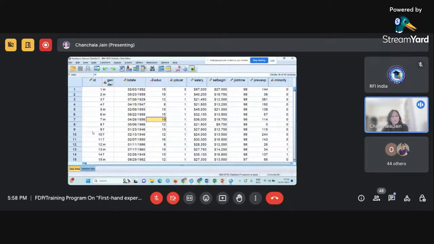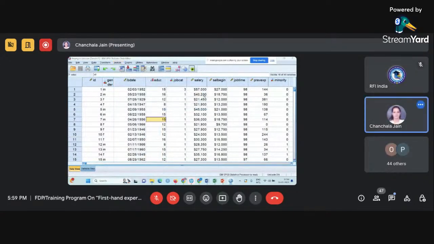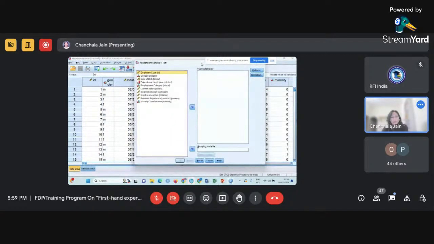So now to perform independent samples t-test in SPSS, you need to go to the analyze menu. Then you can click on compare means, and then you can select independent samples t-test. I repeat, go to the analyze menu, select compare means, and then select independent samples t-test. So may I select this? Yes, ma'am. Now, once you are selecting this, it is asking you to provide the